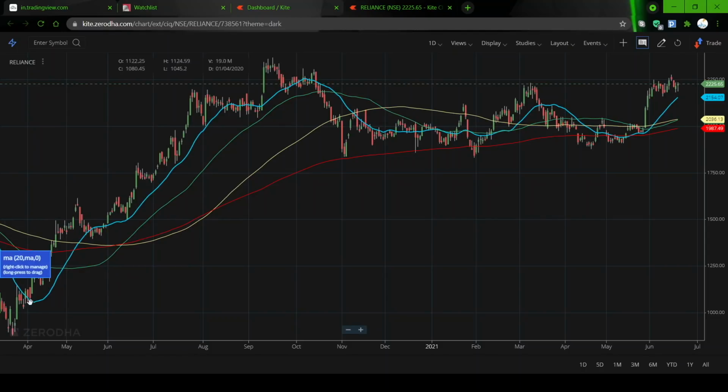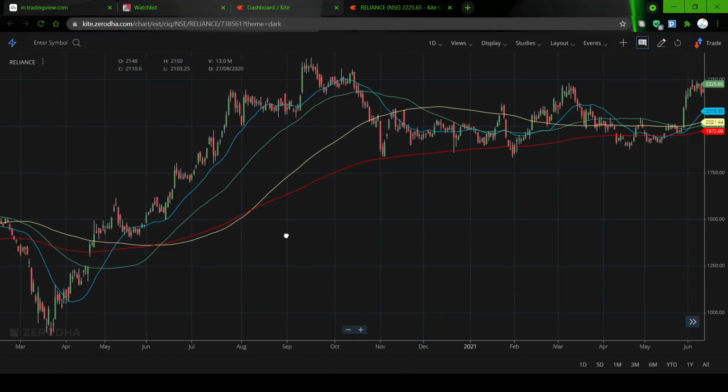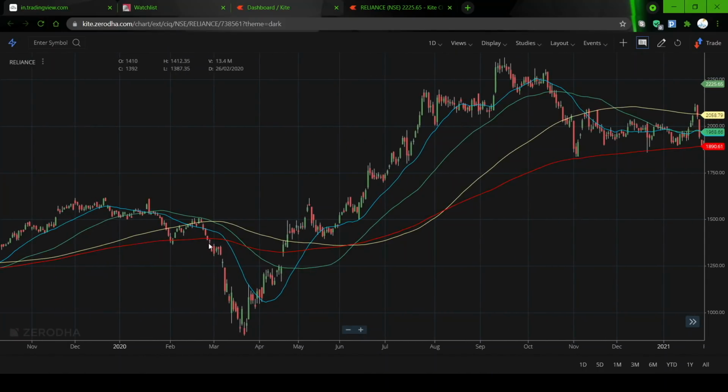From the downtrend the stock has reversed to an uptrend. It has gone up and right now it is consolidating. By the moving averages you will know clearly that it is consolidating. Whenever the stock is consolidating, the moving averages crisscross each other. But on a clear uptrend, the moving averages do not crisscross; they are all open. The 200 moving average is better when it is below. On the downtrend the 200 moving average went up, and now it is going down.